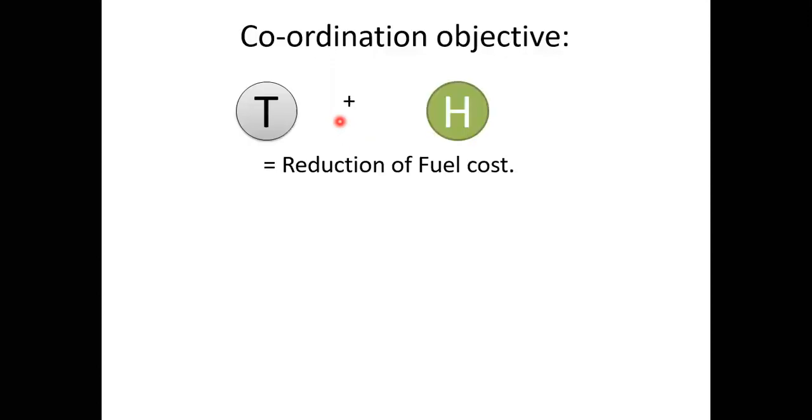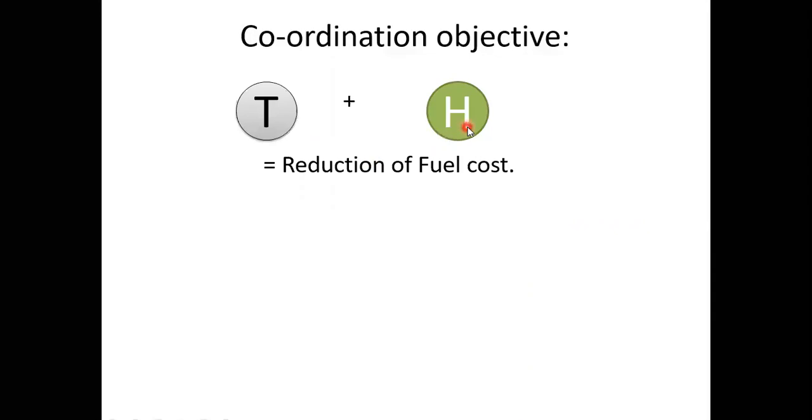the coordination. So the main objective of the coordination, I already told you in the initial classes of the second unit, we have 4 to 5 reasons. But when we are talking about optimal coordination of the two different power plants, we should talk about only the generation cost. So when we are combining a thermal at the same time hydel, the main objective is the reduction of the fuel cost.